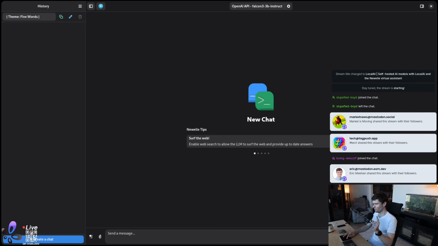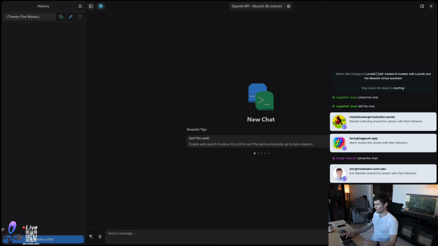And for that, I'm actually using something interesting. It is called Newelle. And this is an AI assistant for Linux. It's free and open source. I installed this through Flatpak on Debian. And if we go to the settings here, and under the LLM section, I go to OpenAI API, and if we take the little drop down, I copy one of my API keys into here,